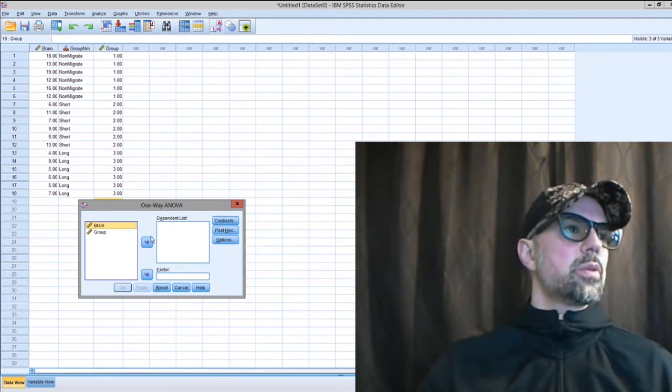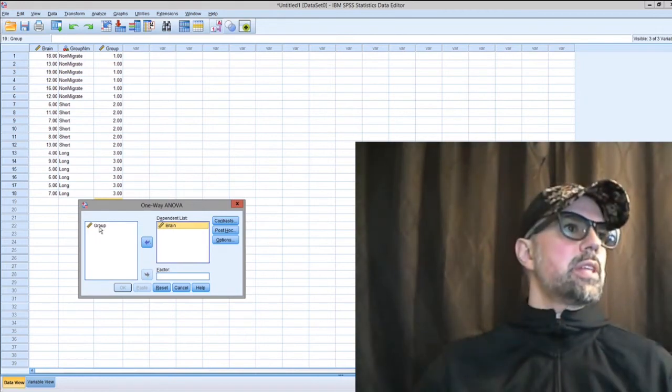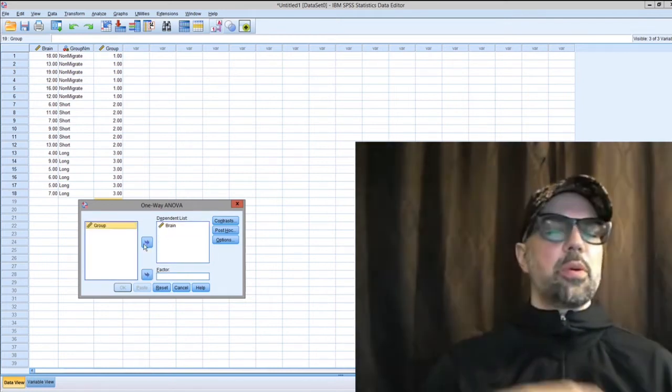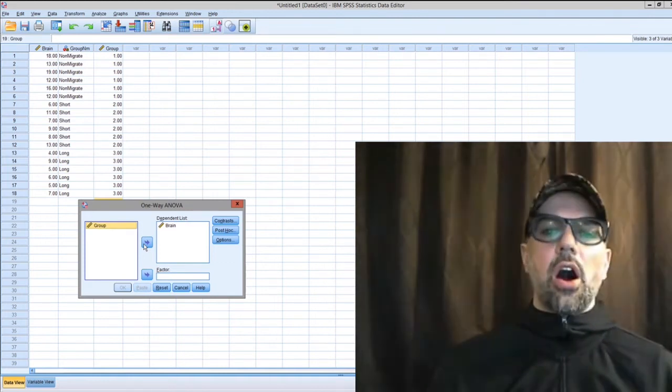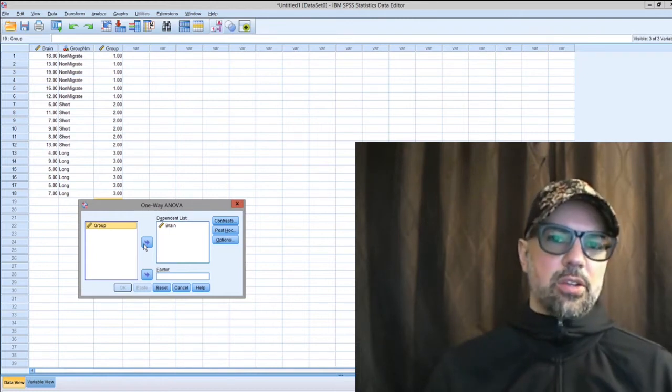So we're going to click on this, and we're going to use this arrow to move it into the dependent list. If you make a mistake, like you put group into the dependent list, well, then just highlight that variable and you can pop it back out, right? So we're going to put brain into the dependent list. Dependent list is where you have all of your raw scores, where you have your raw data,